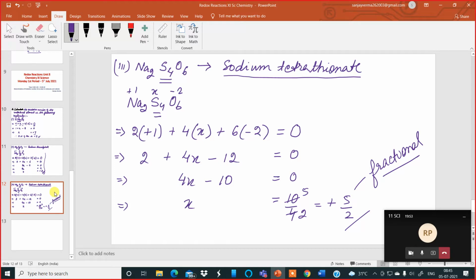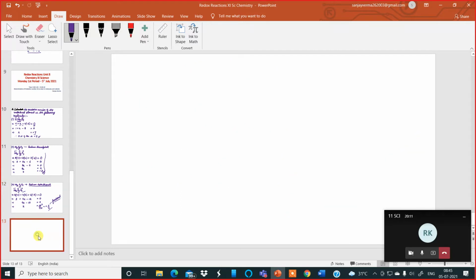Yes, if it is a neutral molecule, then it should be equal to 0. I will come to the other example where it is not equal to 0. Okay, in the next example, just have a look. I am writing CHCl3. The underlined element I am putting C, carbon. This you find out yourself.